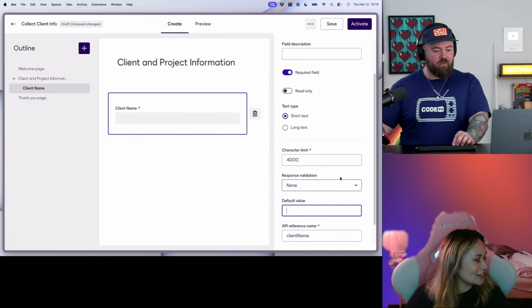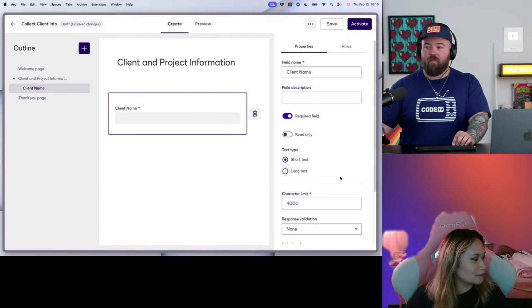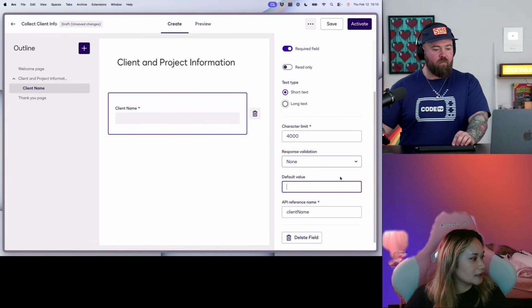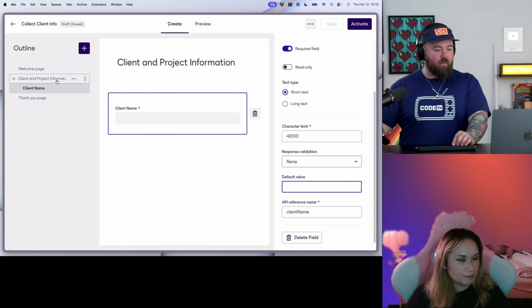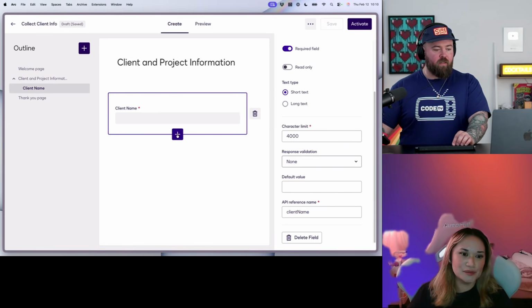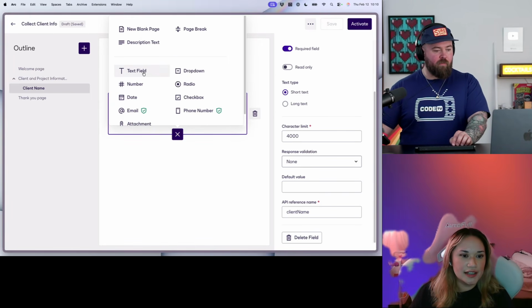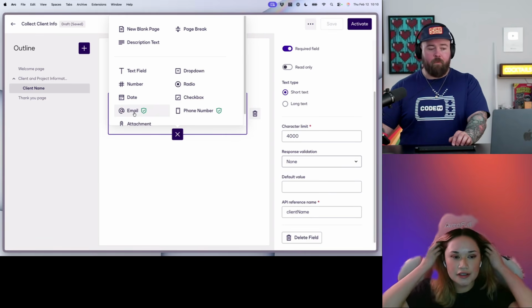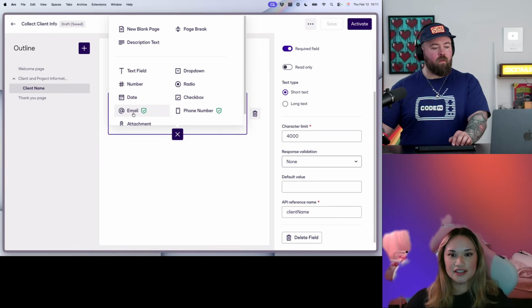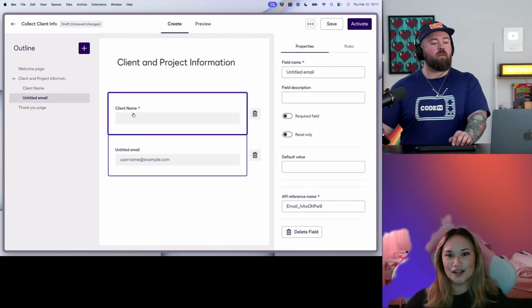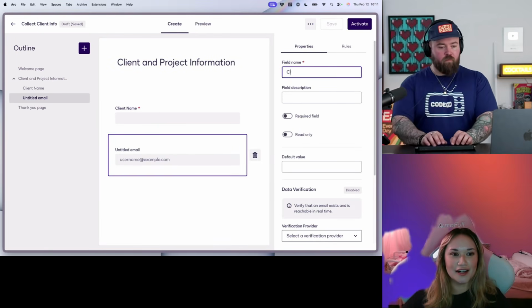So there's a few more variables that we want to use. Let me pull that up. And am I adding more fields here? Yes, you'll be adding more. So go ahead and get started on the client email. Can I use an email field? You can. This is the neat thing too: it's our data verification field that's built in. So it'll check that there's an @, a .com, things like that.